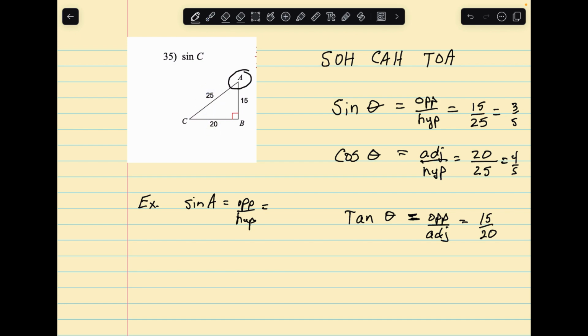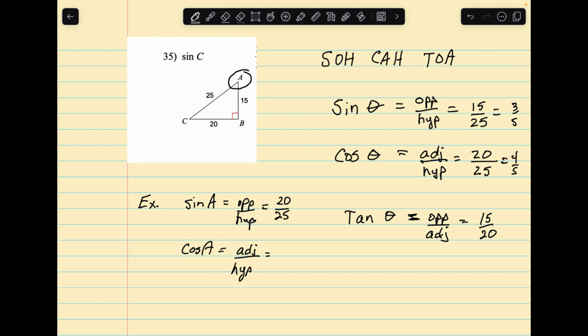So it's going to be 20 over 25. And then you have the cosine of A, which is the adjacent over hypotenuse,